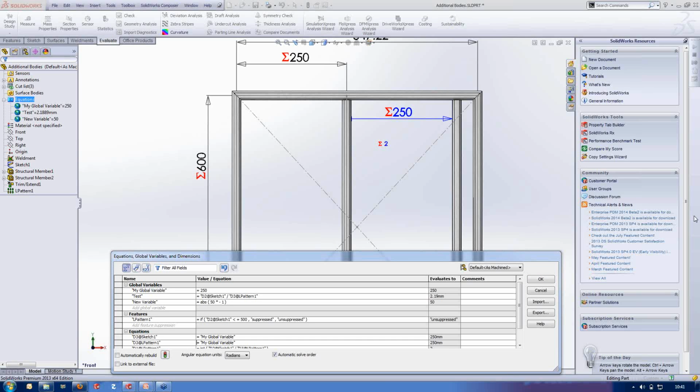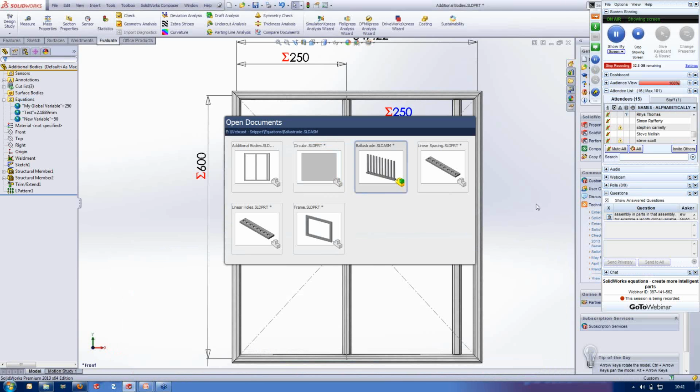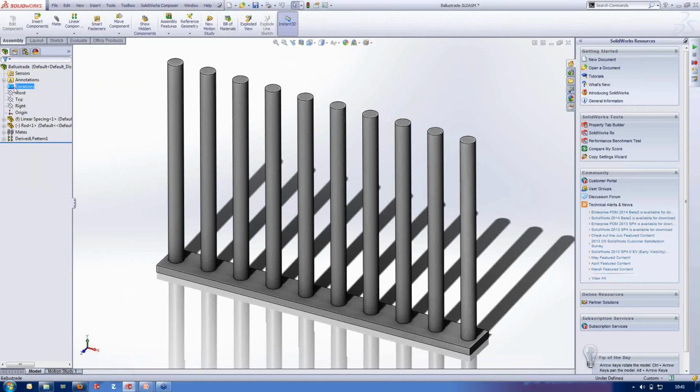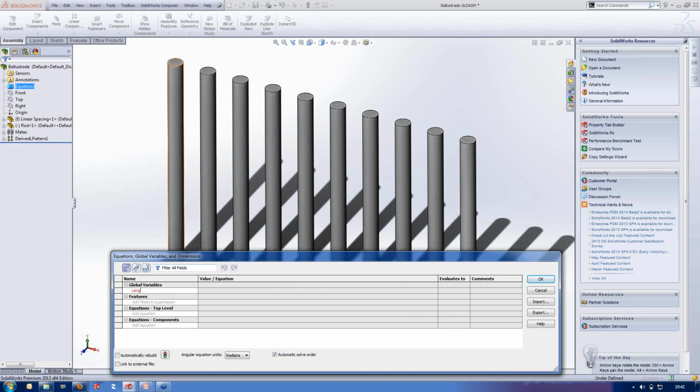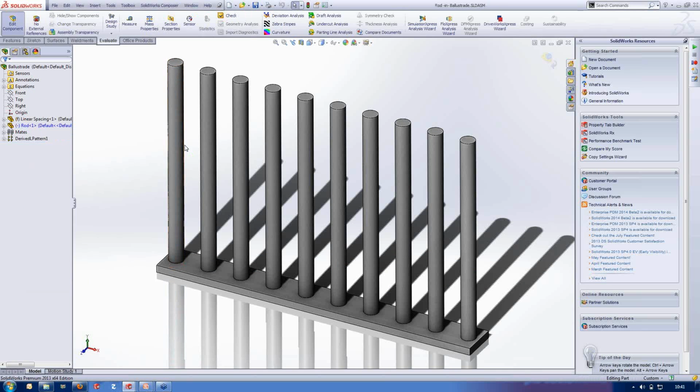That's a really good question, Matthew. What happens is we've questioned, can you use a global variable in an assembly, in parts in that assembly? Yes, you can, Matthew. If you've got a global variable in the assembly, as long as you're using edit in context on the parts, then you can control multiple parts. So if I jump into my assembly, oh, it helps if I click on the right box, and we say length 200, just to very quickly create a global variable. If I then edit this in context, so I'm editing it within the context of the assembly, then we can come back in,